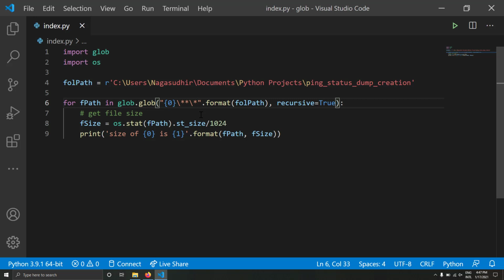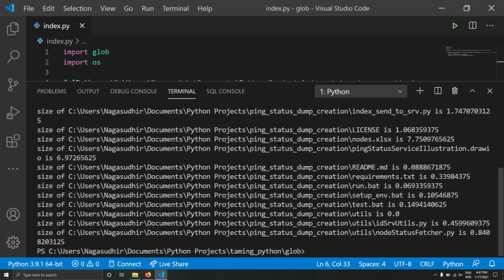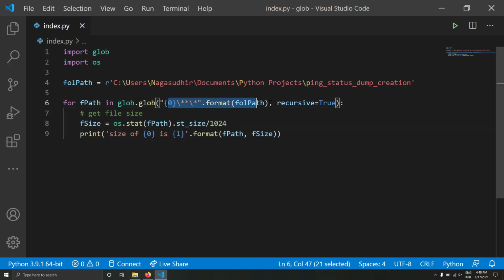That means you'll get the file names of all the files inside the subfolders also. So now let me try to run this. You'll get a big list. You can see the files from /utils also, which is a subfolder of this main folder. That means you can even process the files inside the subfolders using this recursive notation of the glob module.